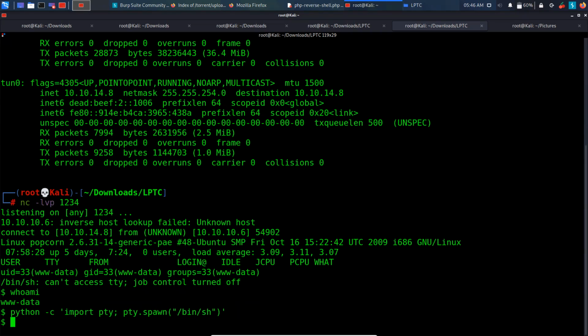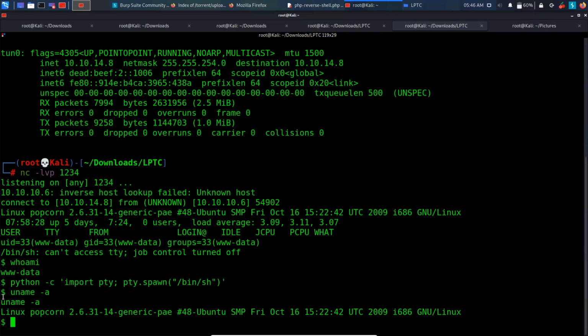So now we move on. Now we'll move on to the privilege escalation part. I will show you both ways, how to enumerate manually and how we could do it with automation. We first move on to the manual phase. Whenever we get a reverse shell, the first step is to type uname -a. This is to see what the kernel version is. So we are hunting for OS enumeration, basically. We are looking for system enumeration and exploitation, which is kernel. So what kernel version and distro are we working with?